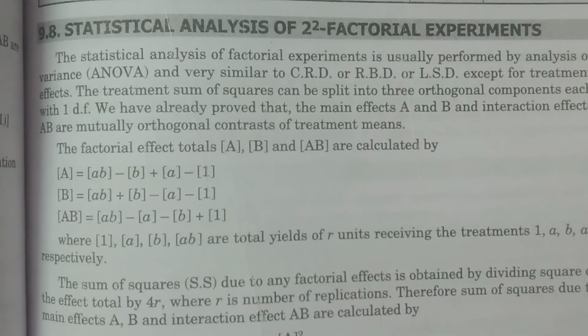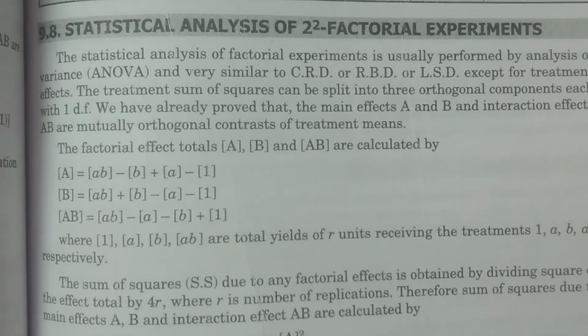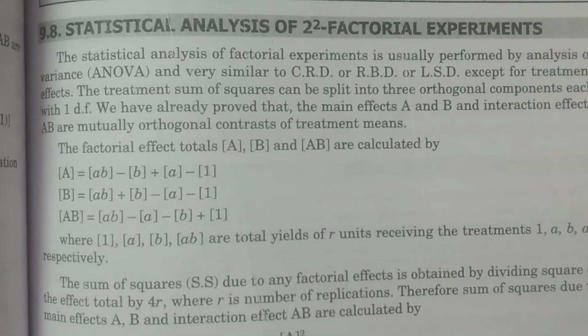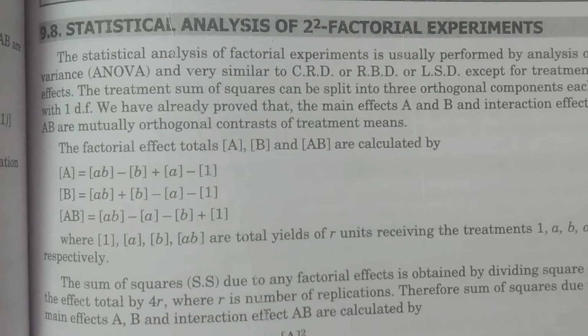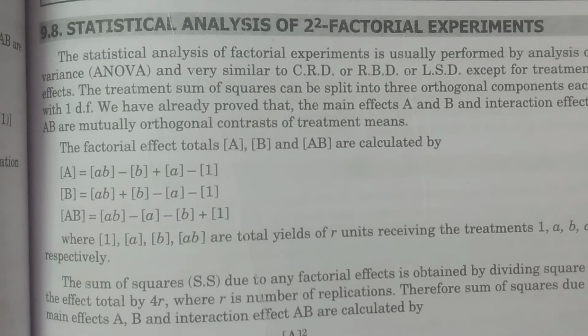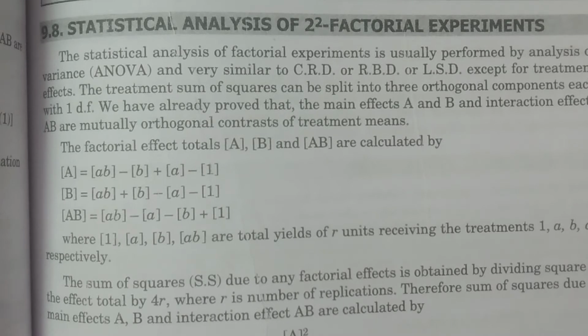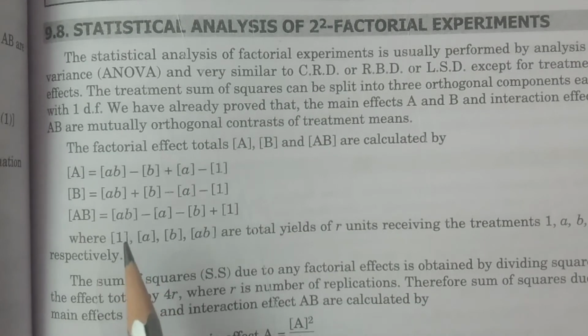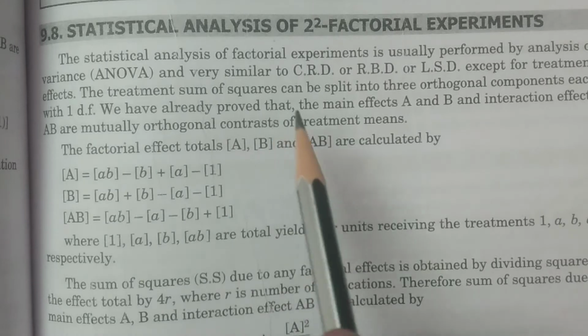But we get the question in the 2² factorial experiment. The essay question is only this, the statistical analysis. Now you see, the statistical analysis of this 2² factorial experiment